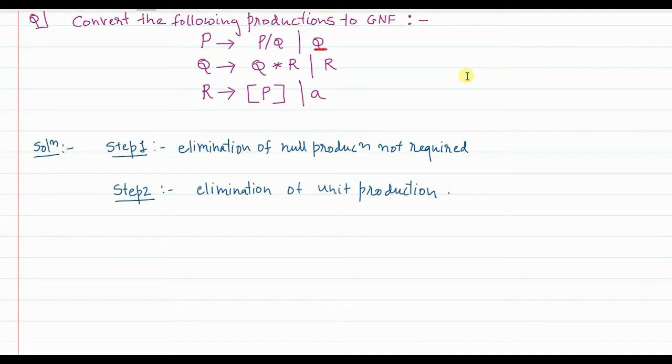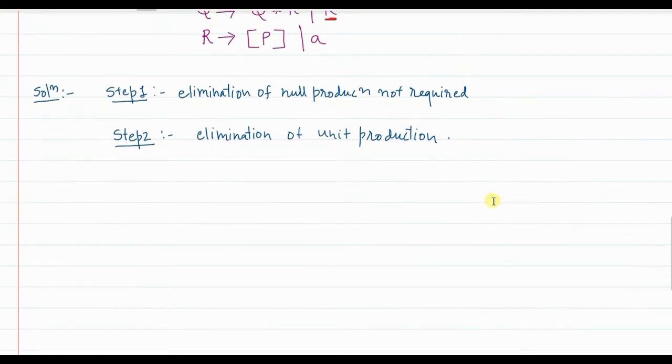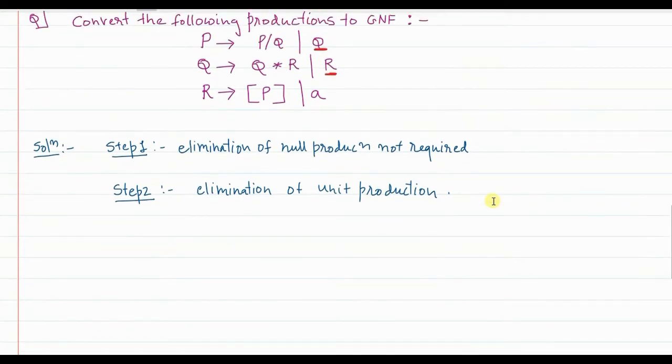Similarly, in the Q production, you can see that this is one unit production. Okay, so I can just say after elimination of unit production,